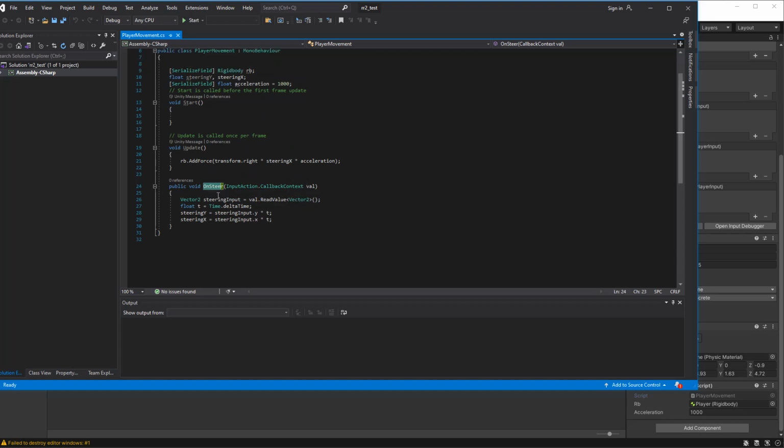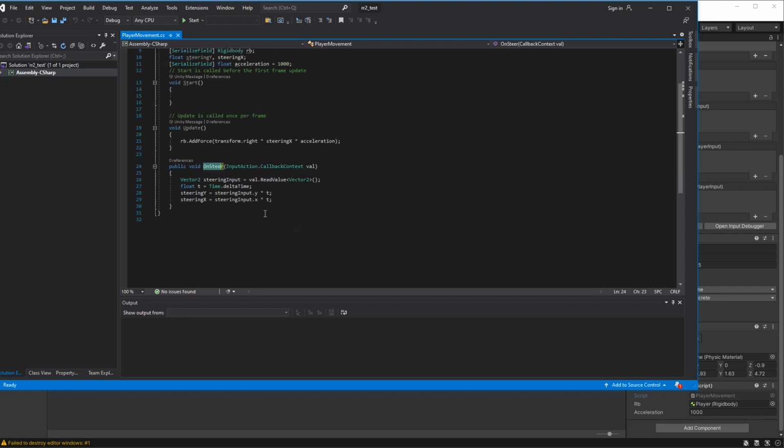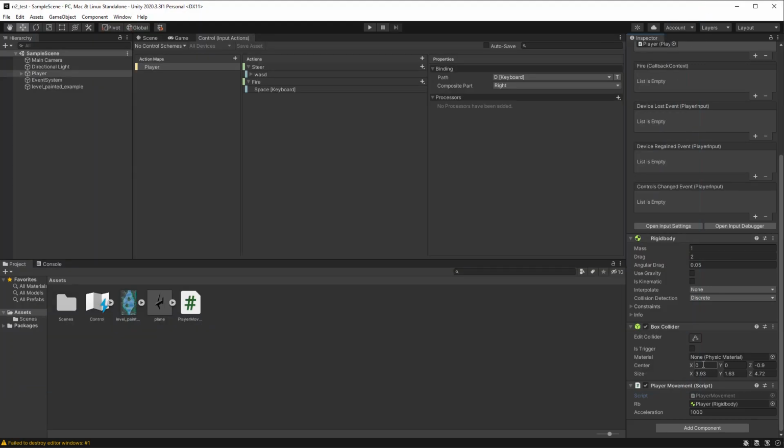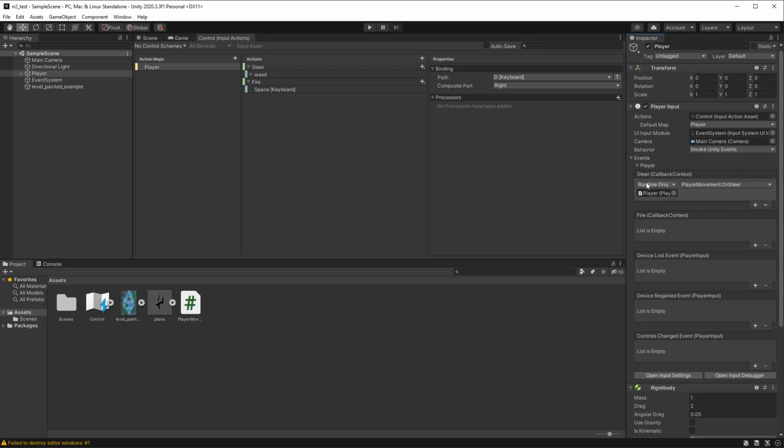The important part is that I remember what I called it. And here, yes, on steer, because to me it's logical. Let's remember this public method. It has to be public, of course, so I can access it here. And I can choose